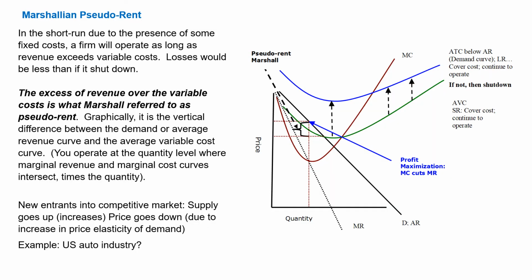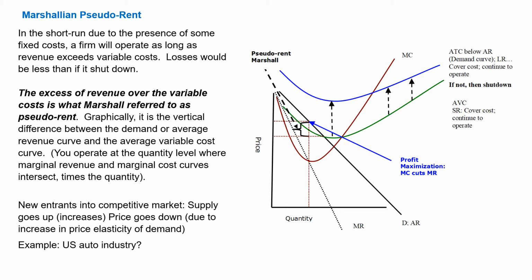So Alfred Marshall was the economist who, of course, was the first one to formally present supply and demand. It goes back to an 1890 book on economics, Principles of Economics. At any rate, in the short run, this is the Marshallian pseudo rent, and this is kind of explaining the differential, if you will, explaining that economic rent or that producer surplus.